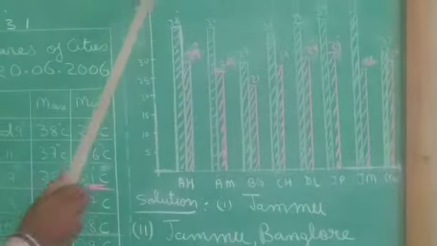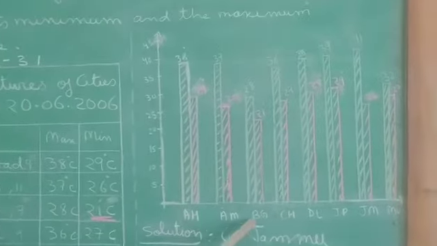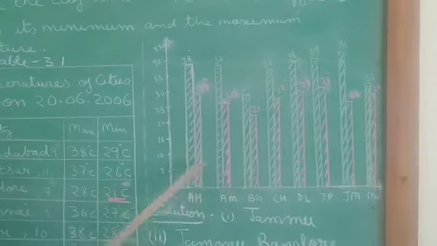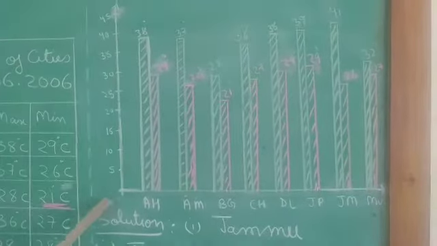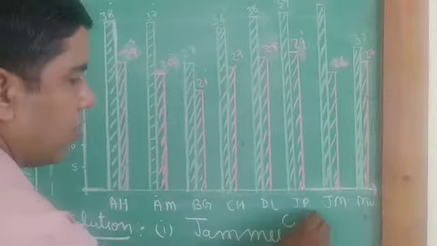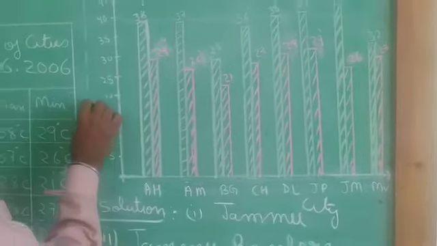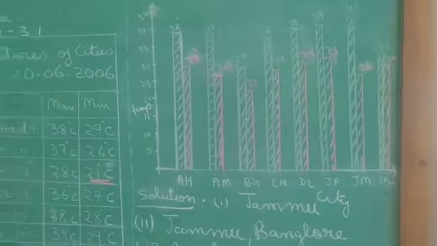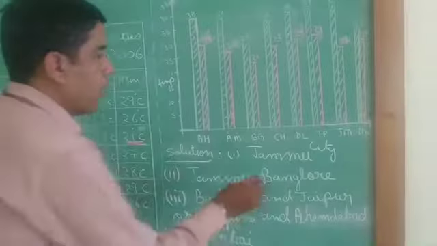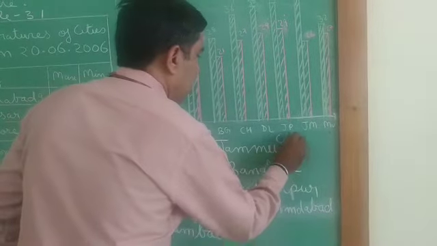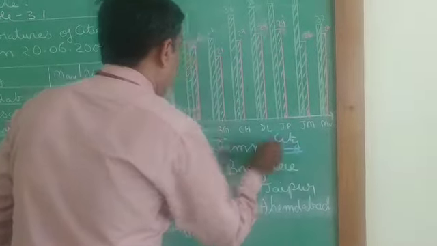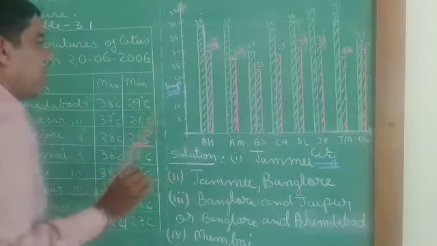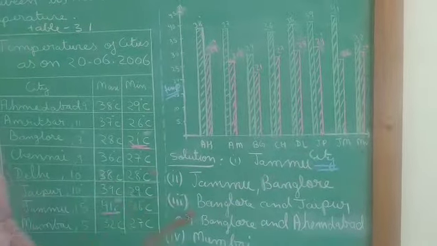Now how have we drawn the bar graph? Already you know, city name is independent and temperature is dependent. So I will write here city, and this is temperature. I will underline here with the blue so that you can know temperature. This is temperature and this is city.